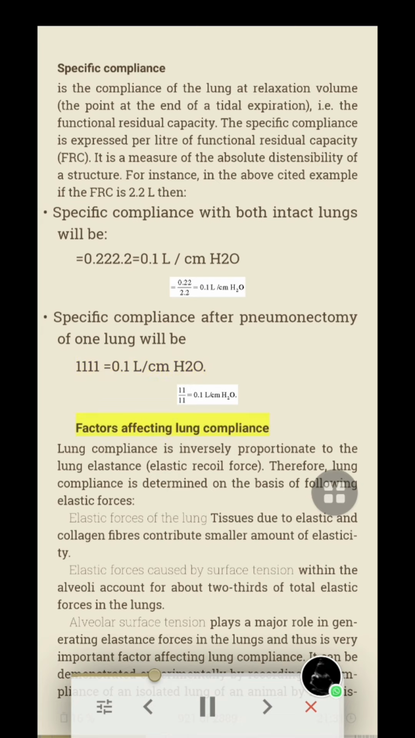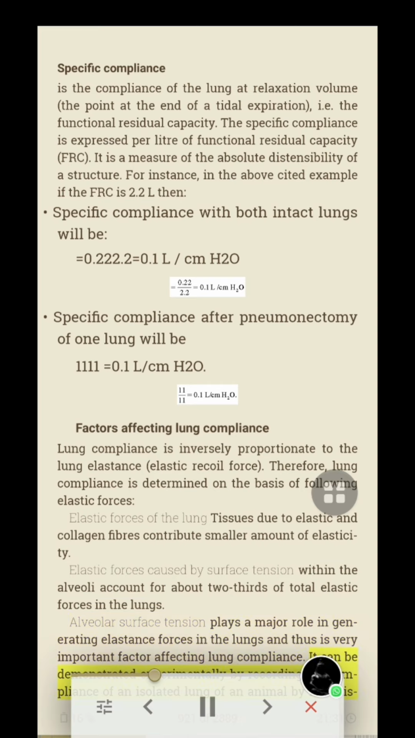Factors affecting lung compliance. Lung compliance is inversely proportional to the lung elastance, the elastic recoil force. Therefore, lung compliance is determined on the basis of the following elastic forces. Elastic forces of the lung tissues, due to elastic and collagen fibers, contribute a smaller amount of elasticity. Elastic forces caused by surface tension within the alveoli account for about 2/3 of total elastic forces in the lungs. Alveolar surface tension plays a major role in generating elastance forces in the lungs and thus is a very important factor